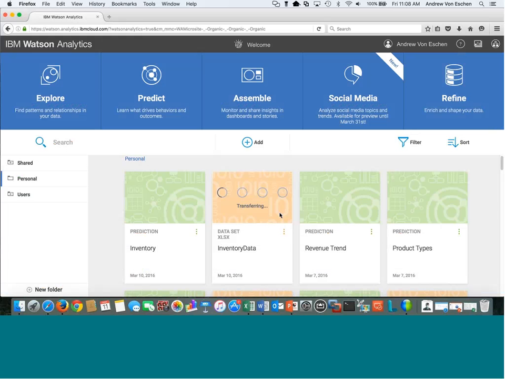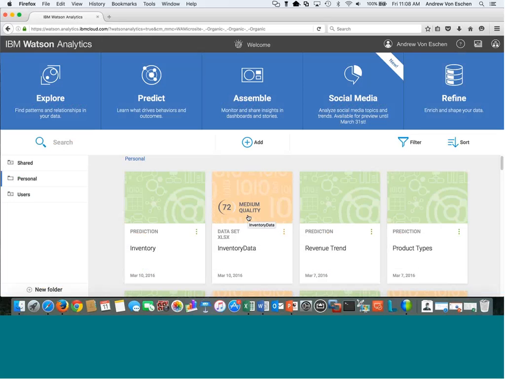And what's going to happen here is as Watson Analytics is sucking in that data, you can notice it's in kind of a transfer state. It's looking at that data, all of the columns, the rows, the information inside of there. Watson Analytics is analyzing that data. It's trying to find out and identify, what types of data do I have available? What are the measures? What are the relationships, the hierarchies? How is the data structured? What patterns should I be pointing out? It's actually going through and analyzing all of that information, so when I go in to do an exploration, it provides me with some guidance.